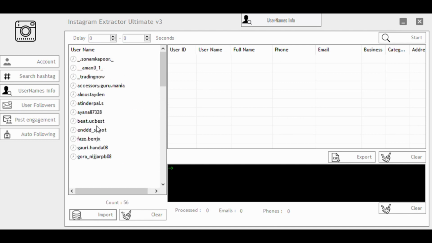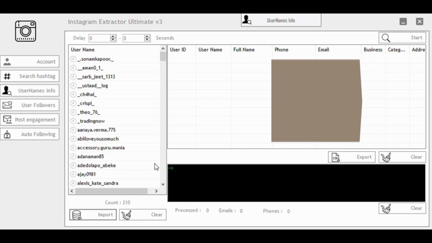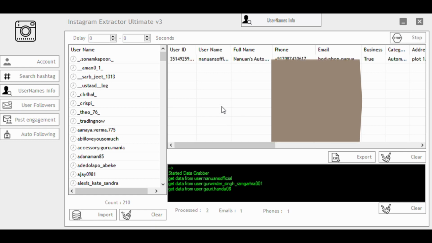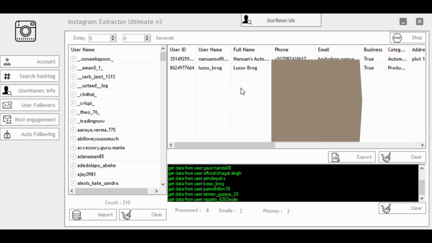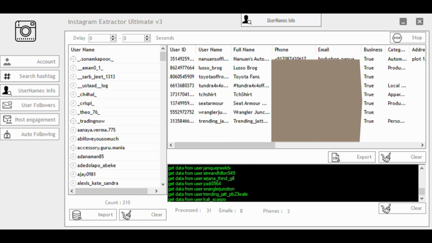Now you can see I have exported the users which we extracted from that Autolicious page, and here I have imported them. We'll click on start, and we'll get the data of those people, like their phone numbers, their email, whether they are business accounts, private accounts or normal individual accounts, or even their category.